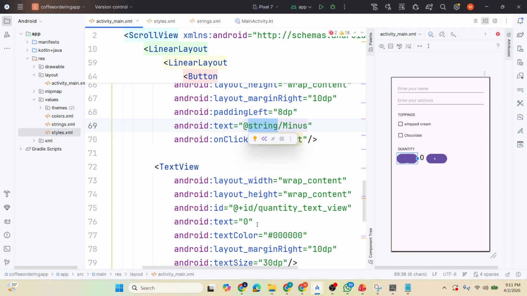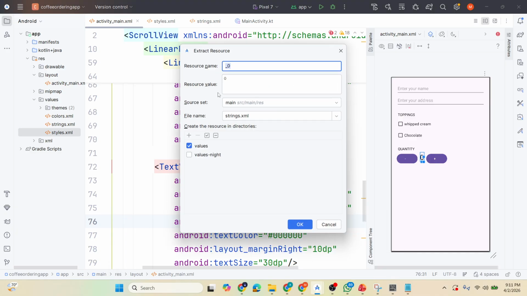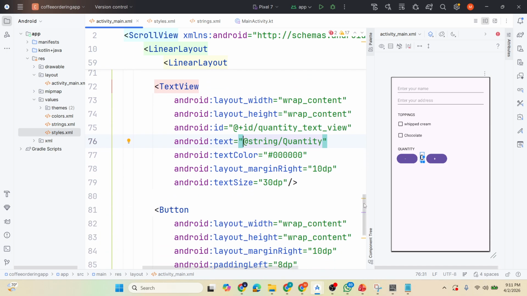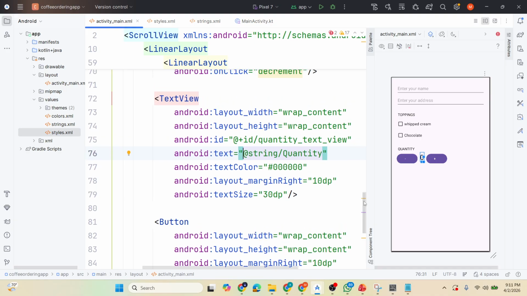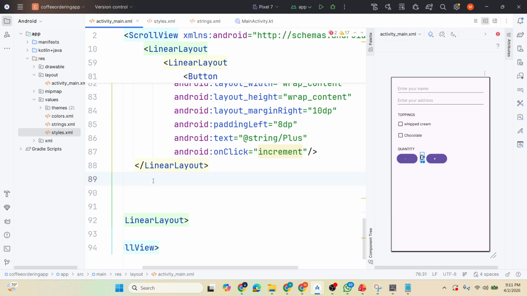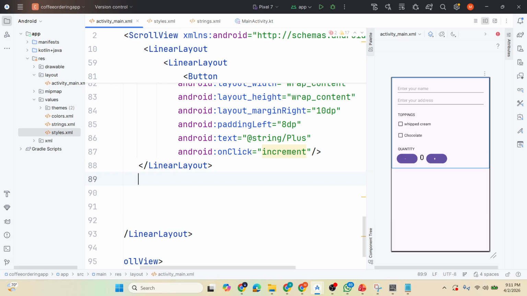I am going to move this 0 to, okay, this will be quantity and initial value is 0. Alright, so we have added two buttons inside nested linear layout, and let us move on